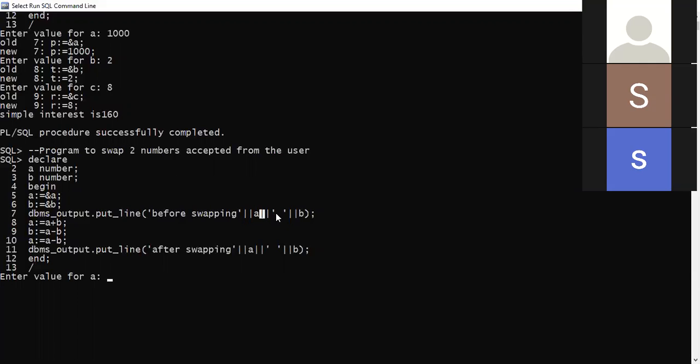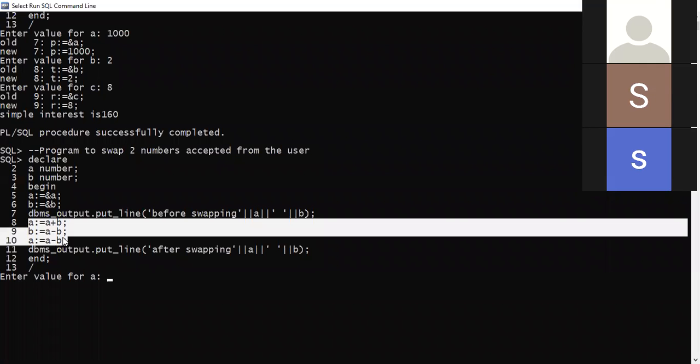After A, since I want to give a space, again the concatenation operator, then single quote with a space in between, single quote complete, then again two pipe symbols, that is the concatenation operator, then the B variable. So whatever is the content of A, a space, and then the content of B will be printed. Then I am performing this logic.